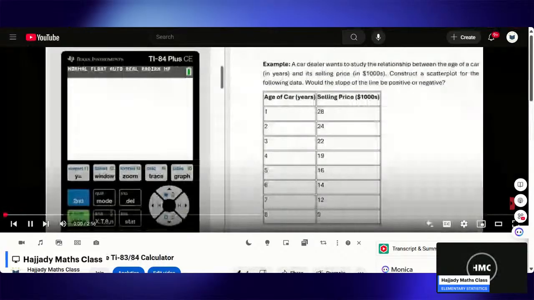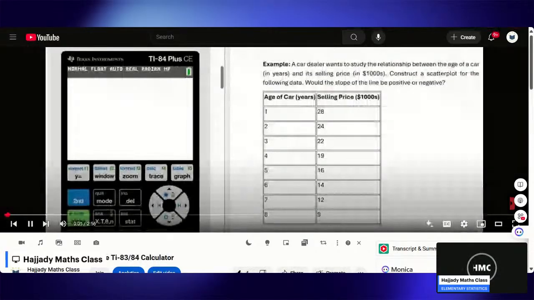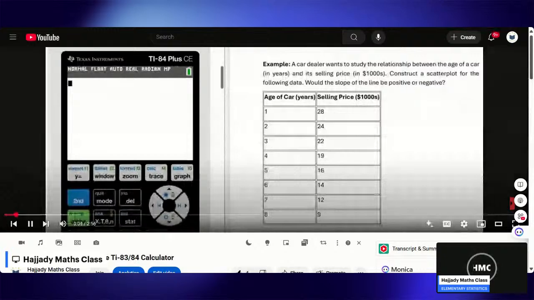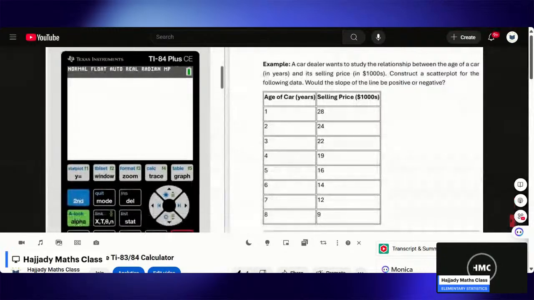In this video, I would like to explain to you how to construct a scatter plot from a given data set. Now, in the data set we have here, we have the age of cars and the selling price. And we want to use the TI-84 calculator to construct the scatter plot. To construct the scatter plot here, we go to the Stat button, click on the Stat button, then click on